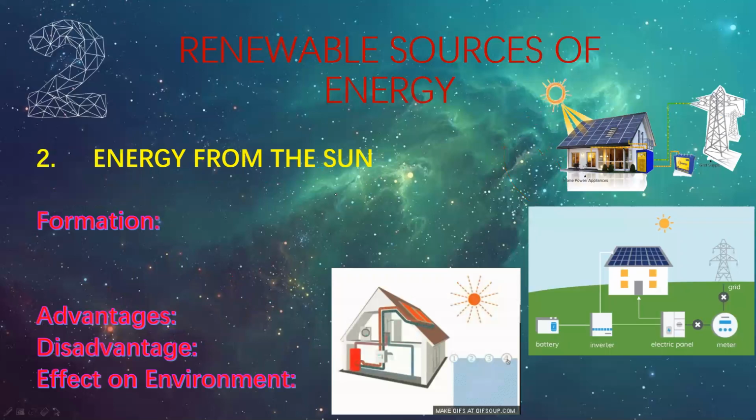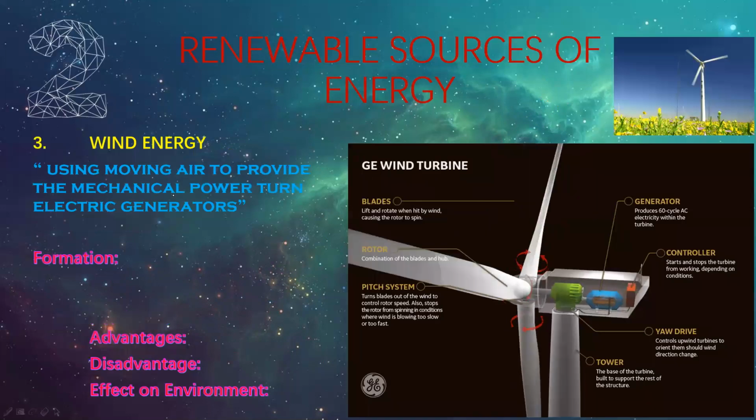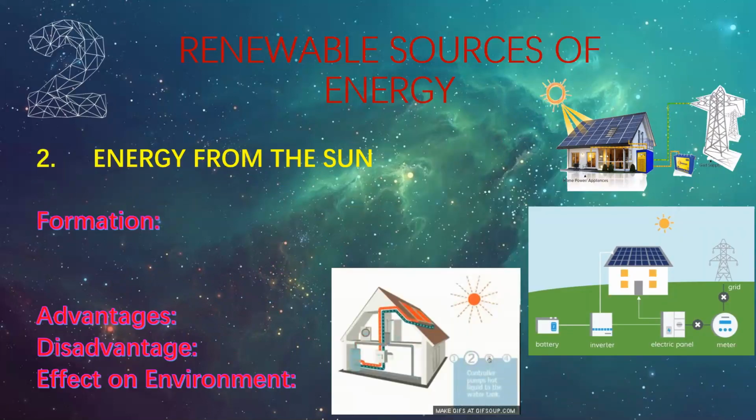Now, let us see here we have energy from the sun. This is how we obtain the energy from the sun. As I told you in my previous classes, the sun is the ultimate source of energy. The earth gets its entire energy from the sun in one way or the other. When the sunlight and heat energy arrives onto the earth,